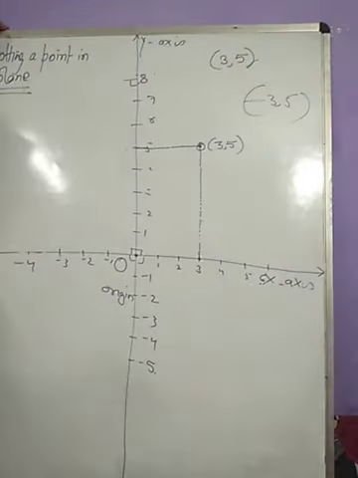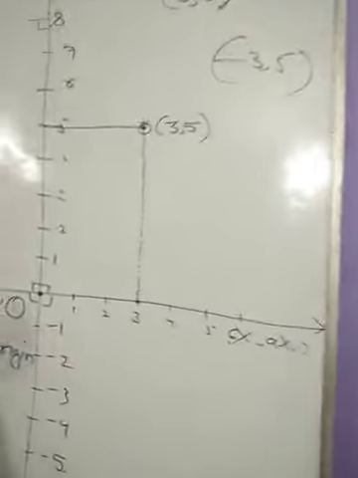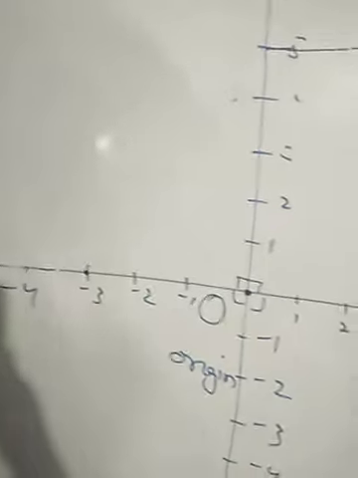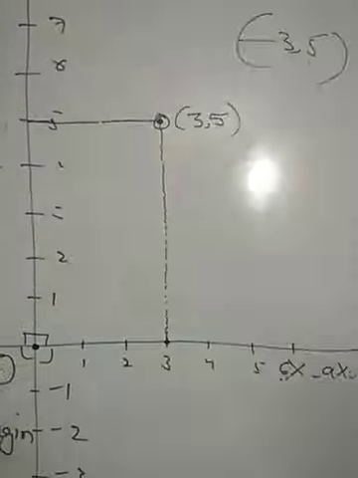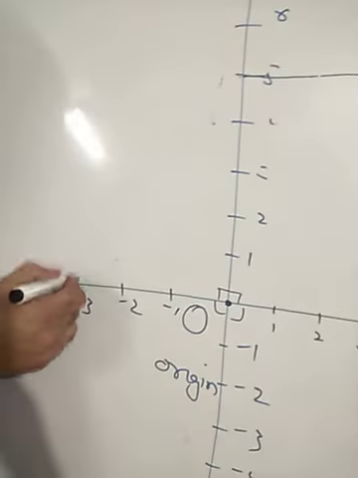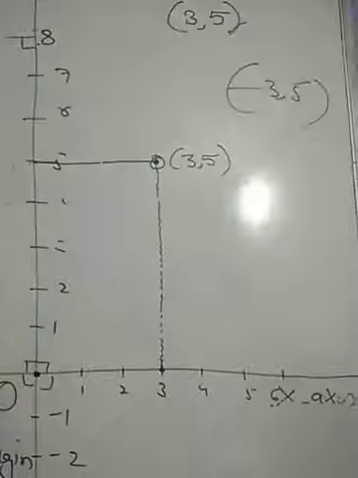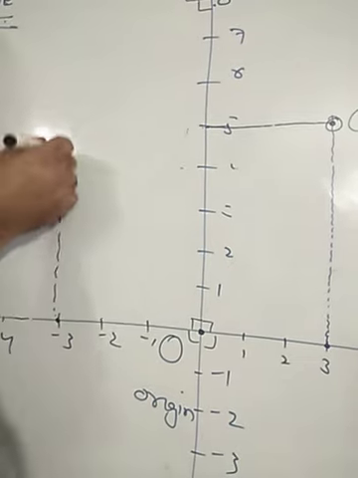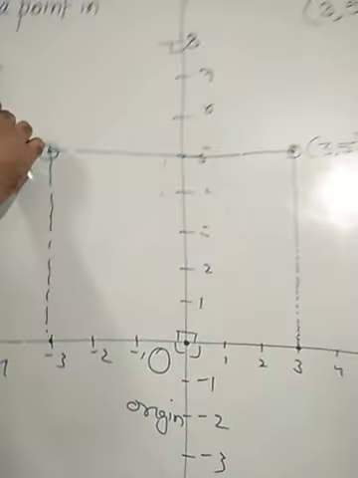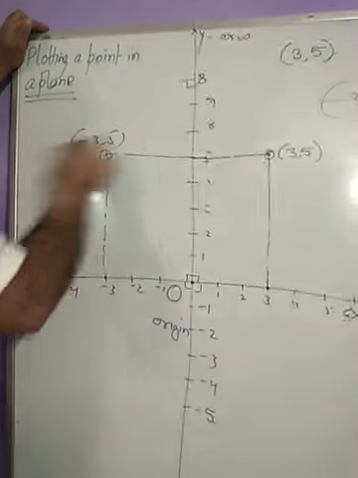Then where do we place the pencil? Where is x minus 3? Here it is, x minus 3. From here, above or below depends on the sign of the y coordinate. It is positive. Up, how many units up? 5 units up. This way. So here, this point is minus 3 comma 5.